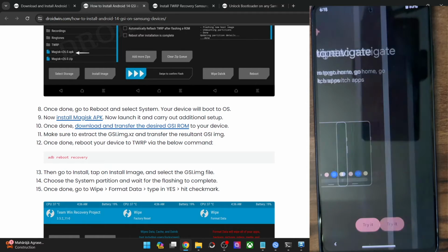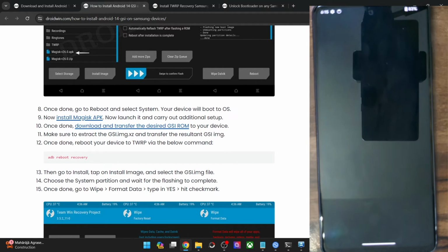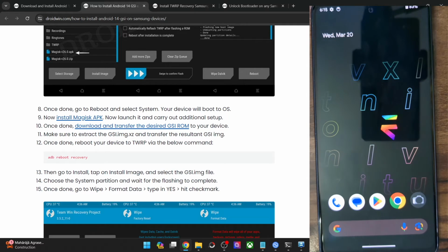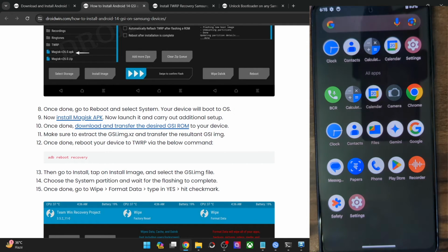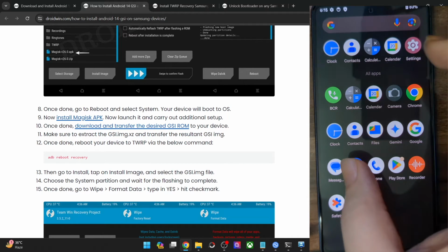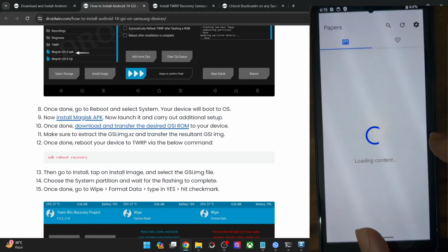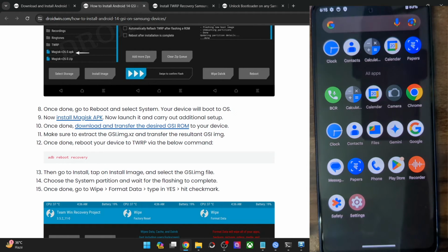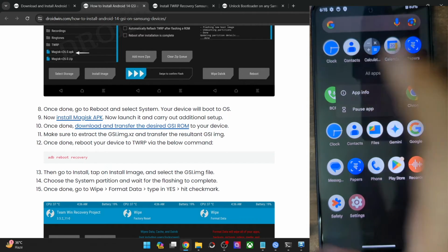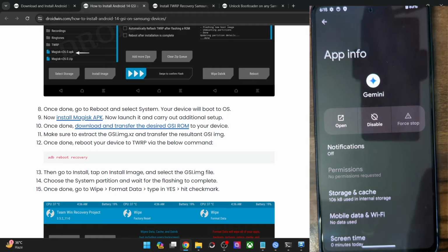Let me skip this as well, and with this we are now inside the Evolution X ROM, latest one, Android 14 based. And by default you get BCR, which is the automatic call recording app, and the Evolution X wallpaper app as well. So for that you have to be online. And okay, you also get a Gemini app pre-installed. Can we uninstall it? So you cannot uninstall it by default.